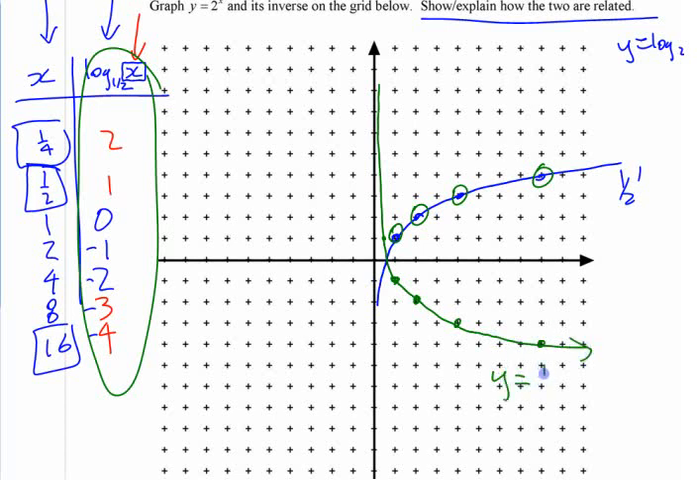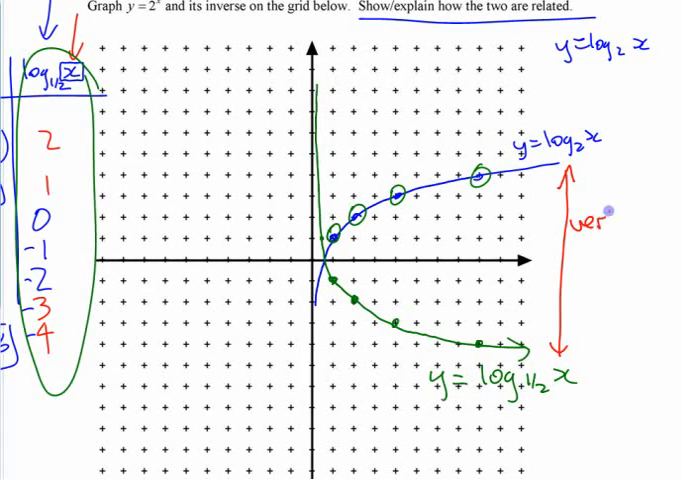This one is y equals log base 1/2 of x. And as compared to this one up here, which was log base 2 of x, these are vertical reflections of each other, because the y values are opposite there. The reason those are vertical reflections is because they are the inverse. Each of those is the inverse of an exponential function. And if we go back down here,